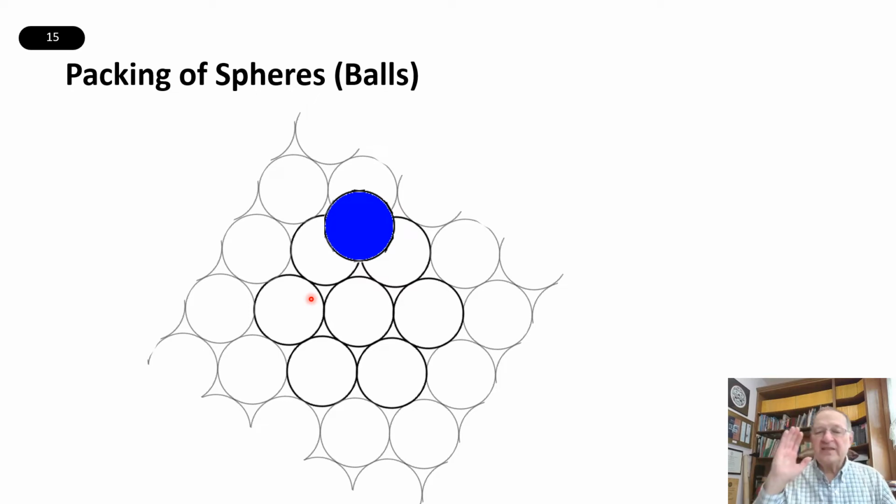Now, if I did this same experiment, but I used baseballs instead of basketballs, it turns out that the percentage of the room that I could fill with baseballs would be identical to the percentage of the room that I could fill with basketballs. And you might think, hang on, that doesn't make any sense. Baseballs are a lot smaller. They ought to pack tighter together, no? And the answer is, well, yes,